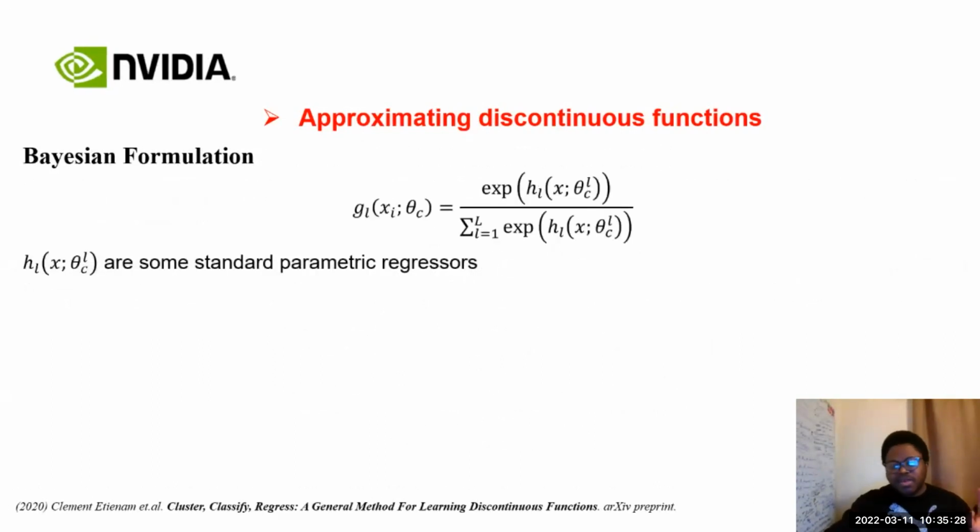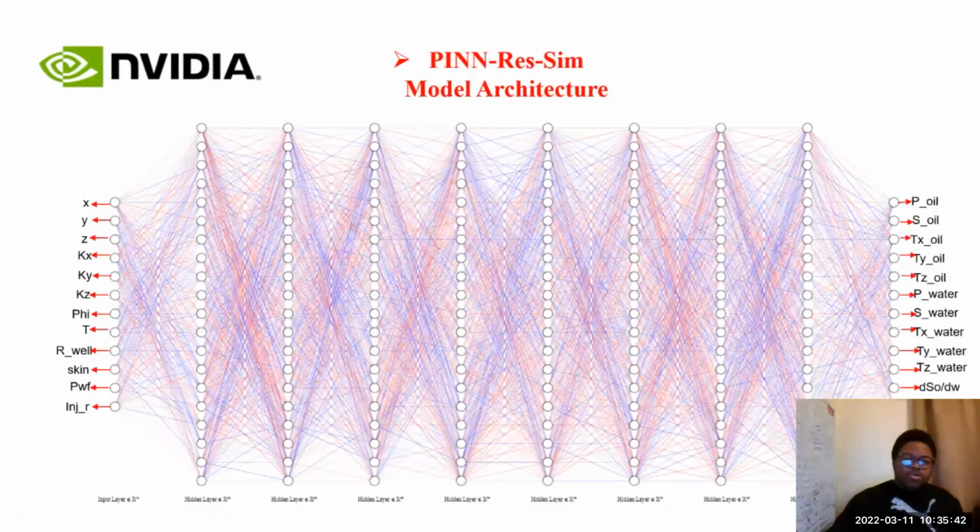So that's about CCR and about Bayesian CCR. Remember, this was done for us to refine the points around the injector and producer. So we needed to get those points around the injector and producer. So now the architecture that